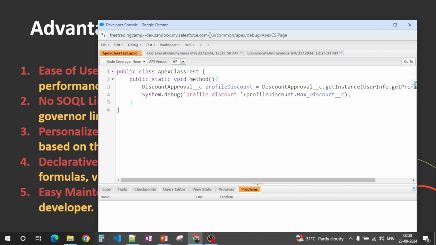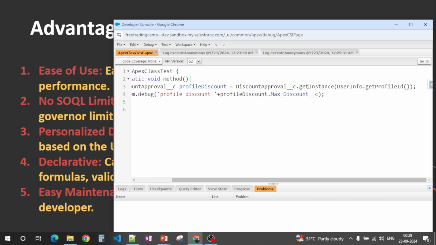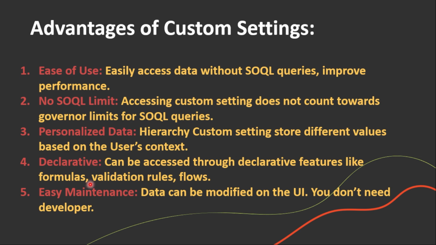Right? So this is something which I also mentioned before, like why use custom settings when we can create a constant class where we can put all the values of discount and all, and we can use it again and again. But the problem with creating that constant Apex class is, how can you use that constant Apex class in a formula field? You cannot fetch data from an Apex class, right? So it would be much better to use custom settings instead of a constant Apex class or something like that. And it is also not counting towards governor limit, so it is a plus for you.